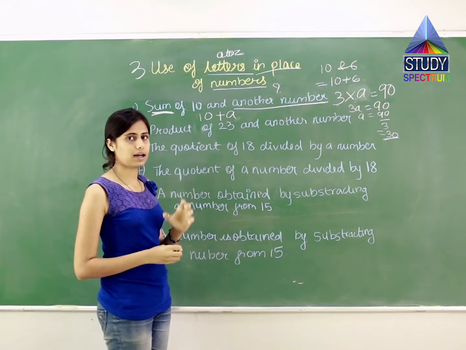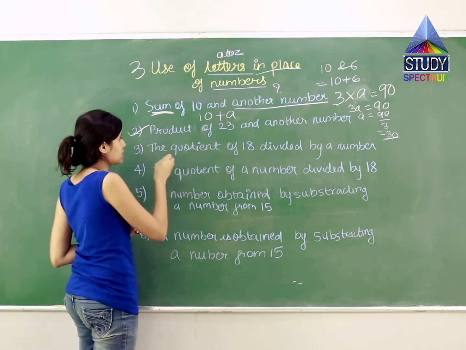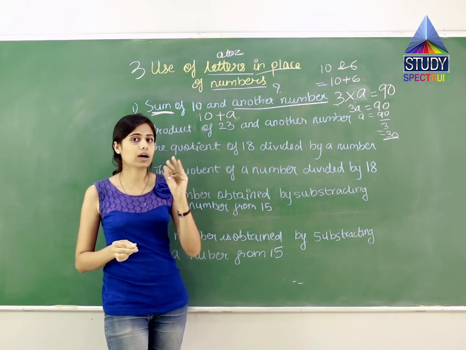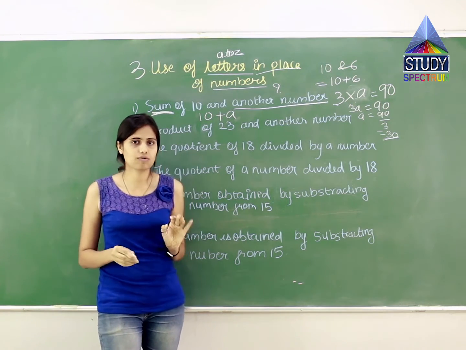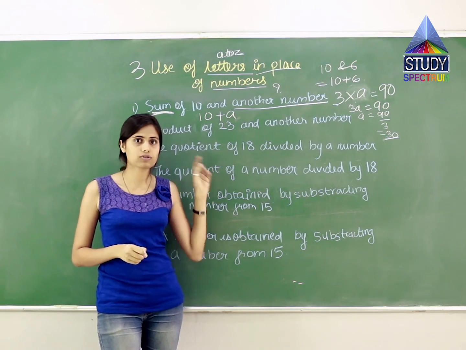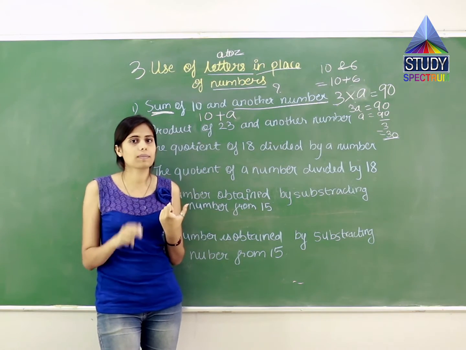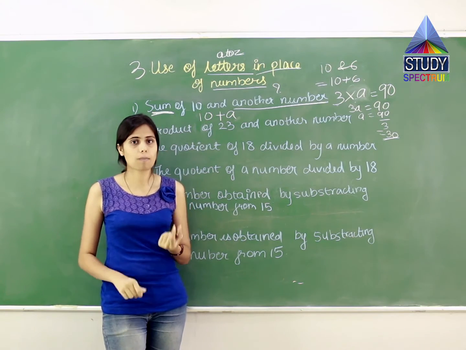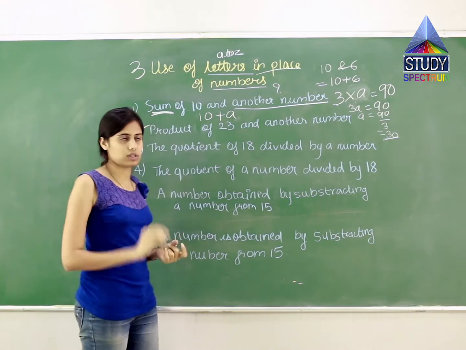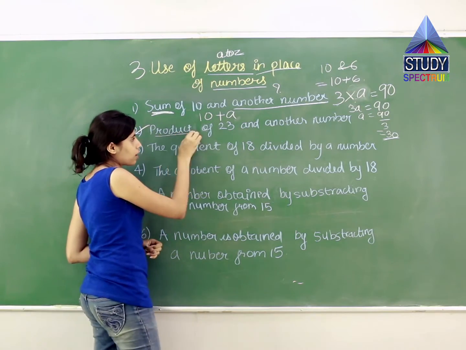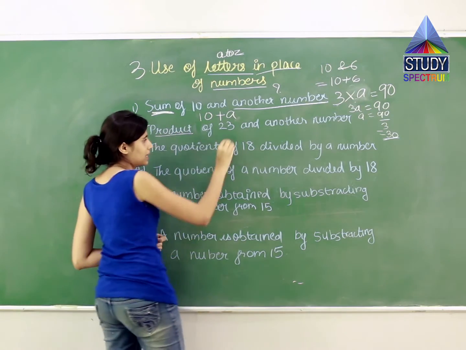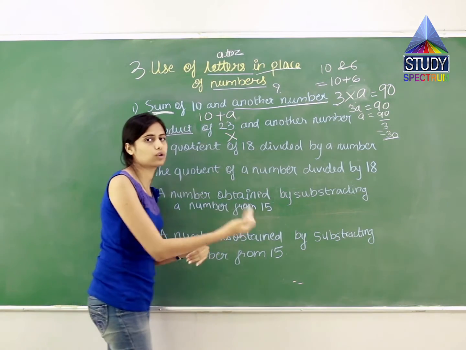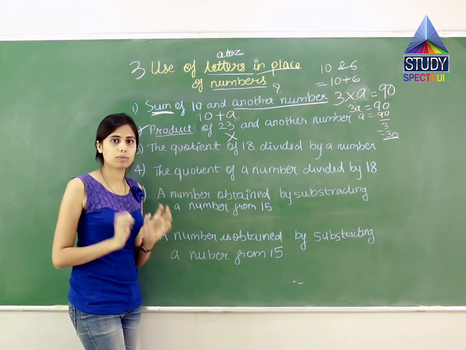Now let us solve another question, which is product of. What is the meaning of product? I told you. Product form means multiplication form. You know now, we have solved in indices. Product form means multiplication sign is given in between them. Product means multiplication. So they are telling you product. Now what we have to do is multiply something by something. Now let us read the question further to know which numbers are to be multiplied.